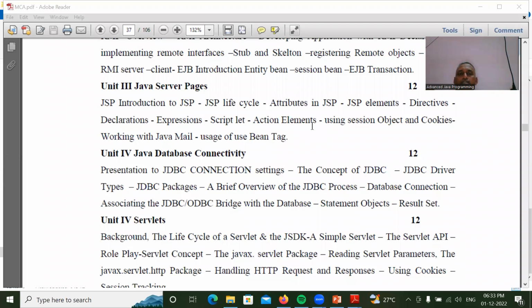Now let's see about the fourth unit of Advanced Java Programming. The fourth unit is Java Database Connectivity. This unit contains an introduction to JDBC connection,